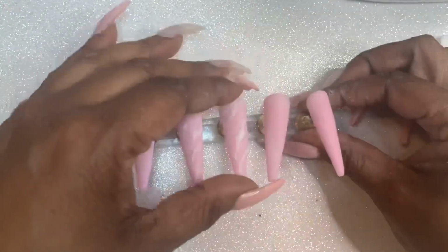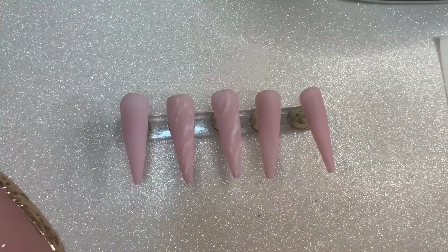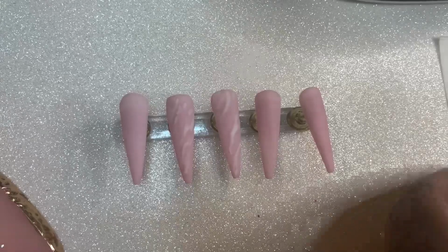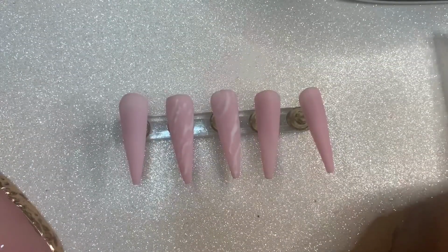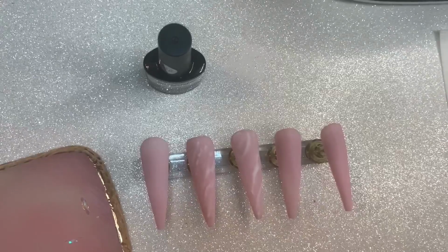But with polygel and the builder gel in a bottle, or the builder gels, you really don't need an e-file for that. And the file that I was using is 180 grit, and I did most of my filing with the 180 grit. So now these nails are cute, but they're kind of plain, so I'm just gonna add a little